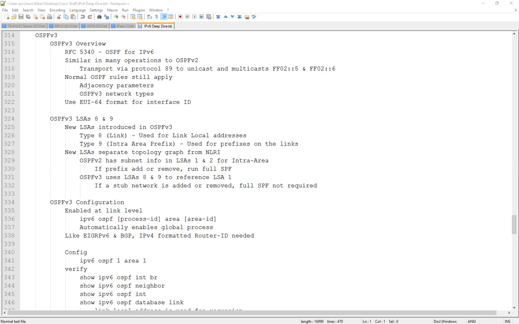The only difference between the two is that with OSPF version 3, you're actually able to run both address families at the same time under the same routing setup, instead of having to have router OSPF 1 for IPv4 and IPv6 router OSPF 1 as well, or I believe it's 2. But regardless of the setup, this gives you the ability to go in and manipulate both address families at the same time from one